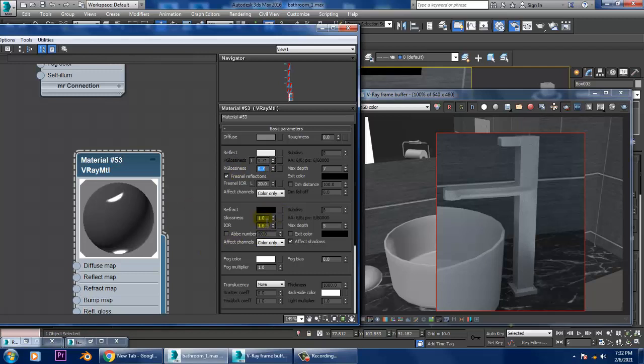So refractable definitely will be black, and subdivisions, definitely for that we can go with the subdivisions part, not a problem.